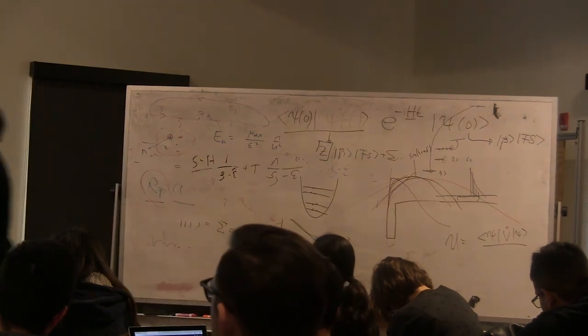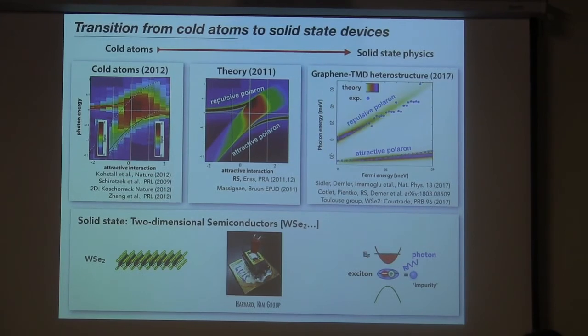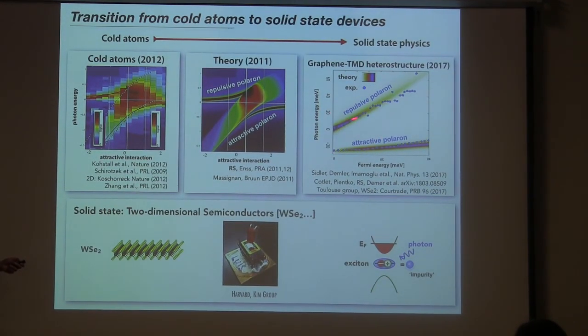And this is actually what was done in the experiment. You introduce more and more fermions in the system, and then one can actually observe, and compare to exactly the spectral calculation which we just did in this lecture, and one gets extremely good agreement also with the two-dimensional semiconductor optical response.